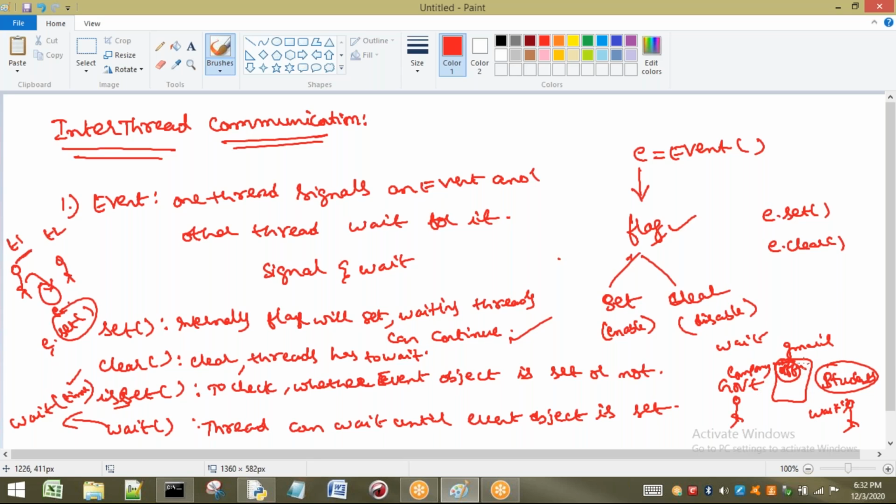The company people have given me the offer letter, so now I can come out of this waiting state. As I have received the notification, I can use that offer letter and join the company. Without this notification, can I join a company? It is not possible. So those who need updations require wait.